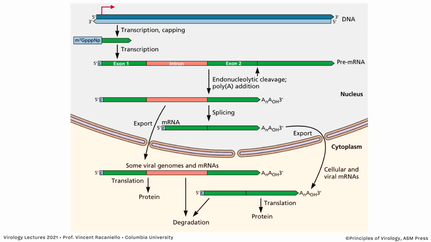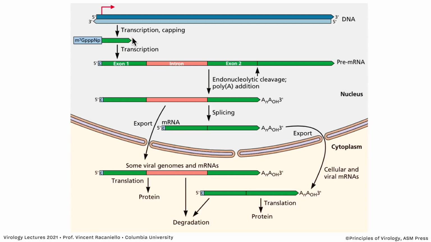Let's look at this process of transcription, and then we're going to go through some of the steps to understand it better, really in the sense of an RNA of a DNA virus infection. So here we have the nucleus on the top. It's labeled cytoplasm and the nuclear membrane with its pores, so things can go in and out. And here is a double-stranded DNA. This is a viral DNA, let's say, or it could be a cellular DNA. It doesn't really matter. And at a very specific place on the DNA, we have initiation of transcription and capping